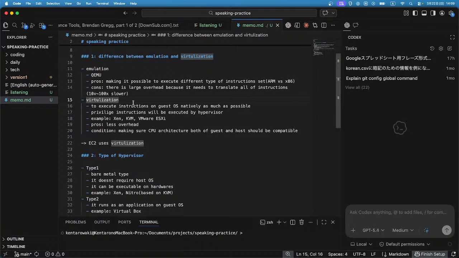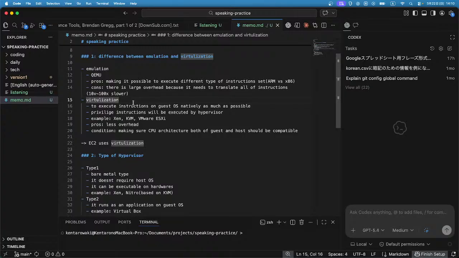So the approach is to make it possible to execute different types of instruction set. The famous ones are ARM and